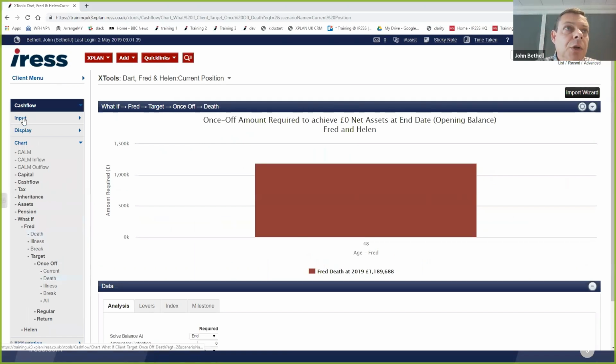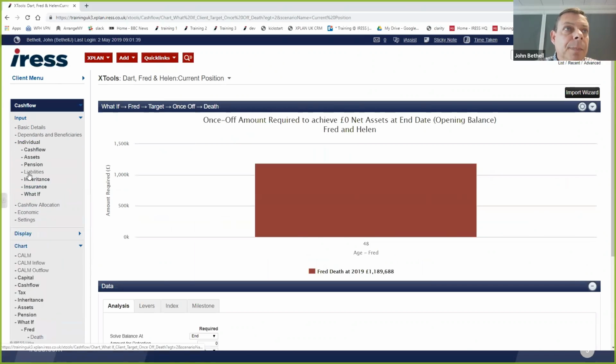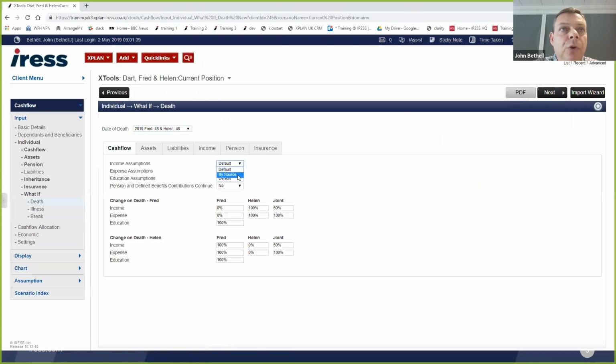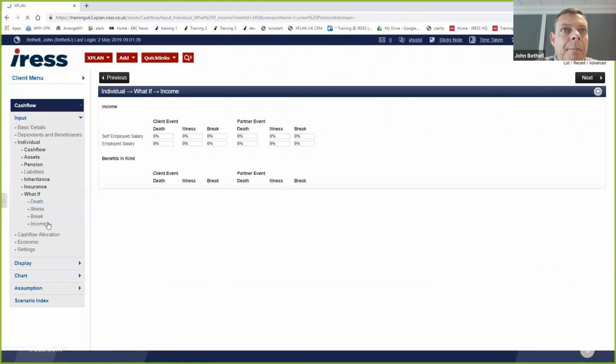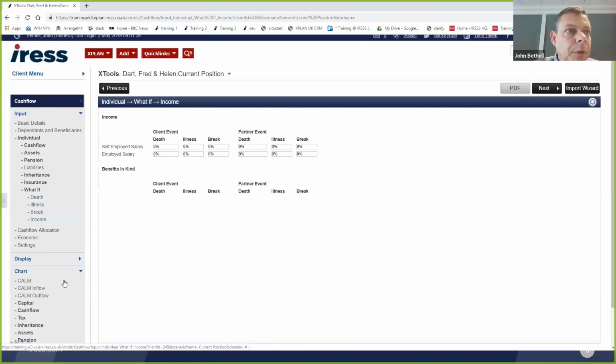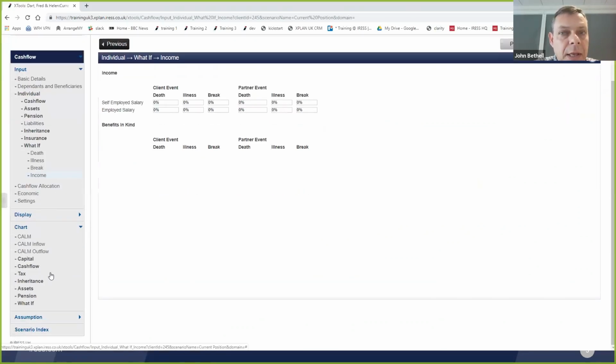Once you've got the detail, you can then go back into the input screens as we were before, and we can then go to the by source, make the tweaks we need. Similarly, in the inheritance area, make the tweaks we need, and away we go. We can then produce a second chart that shows them in a better position. Even loading in the life cover.